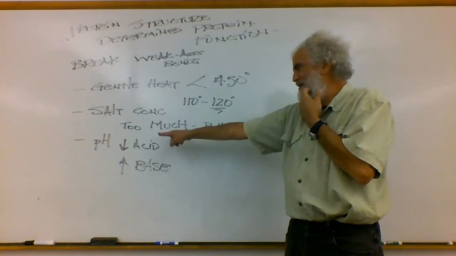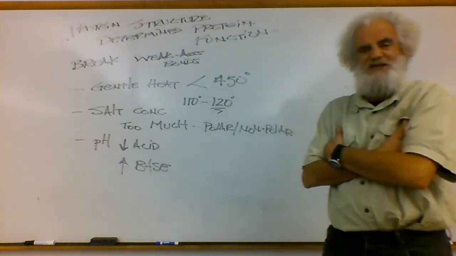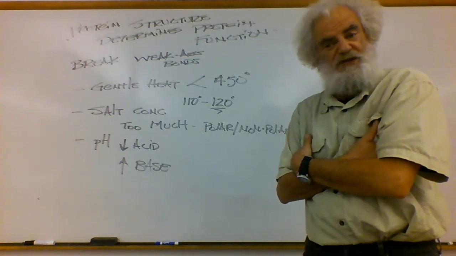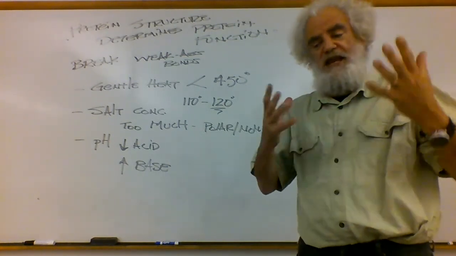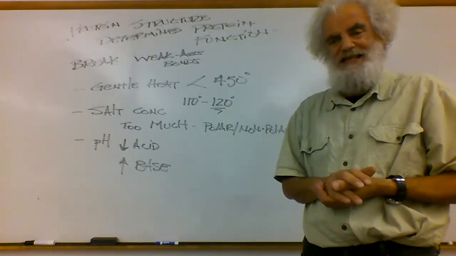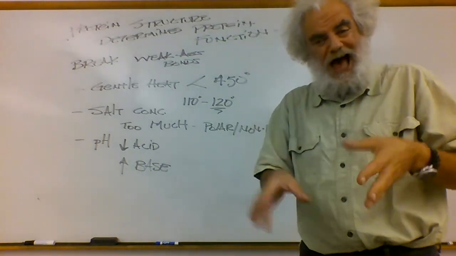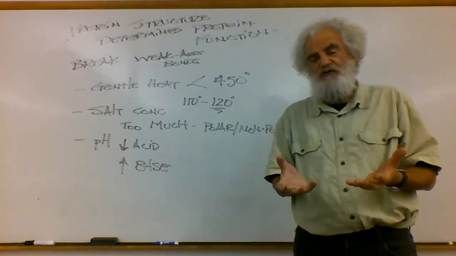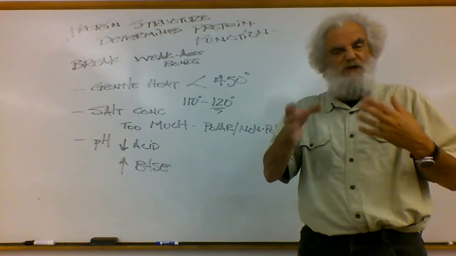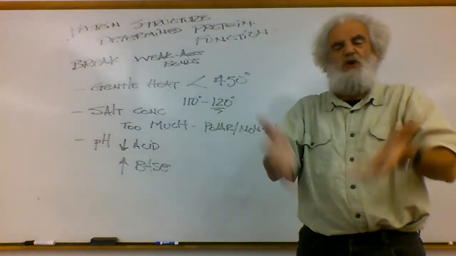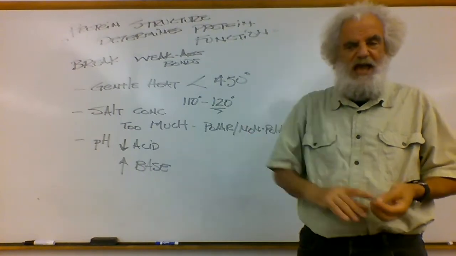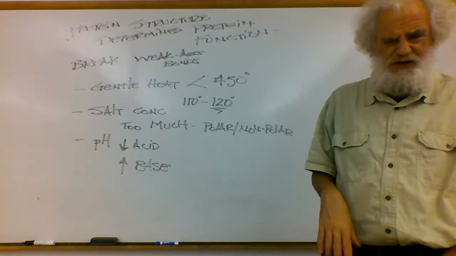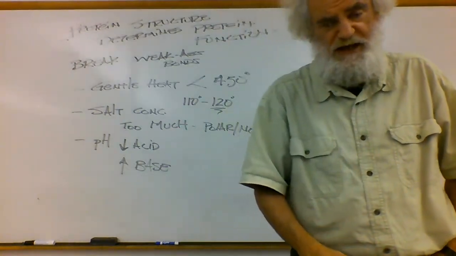Now, raising the pH up, adding base. About the best I can think of for this is making lutefisk. Anybody ever had lutefisk? I never have. It is a Scandinavian delicacy in which you take fish, soak it in lye, and this is doing a couple of things. It's denaturing the proteins and causing the fats actually to become almost like soap. And then you soak it in a bunch of water and salt, and you wash all the lye out, and you're left with this gelatinous white mass that I can't imagine tastes all that good, but people eat it. It is another preservative technique.